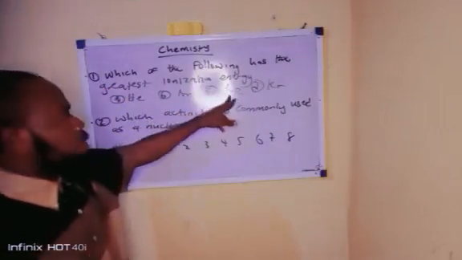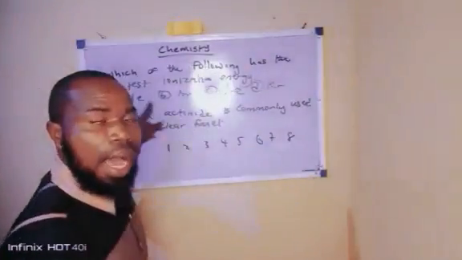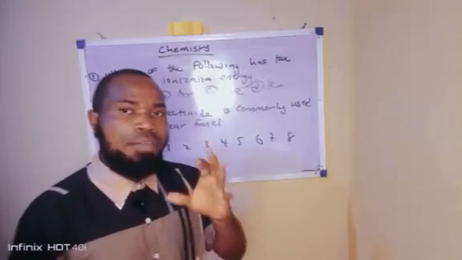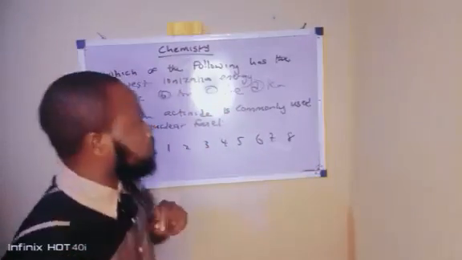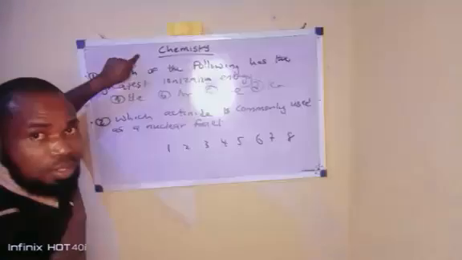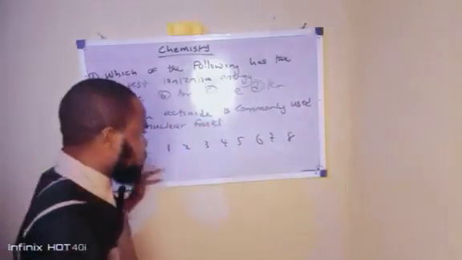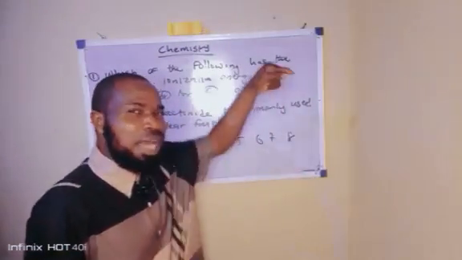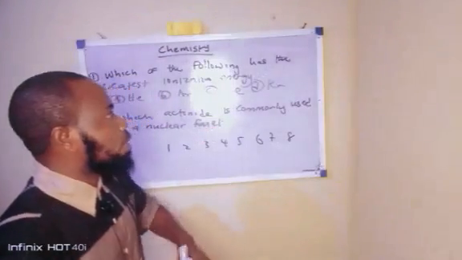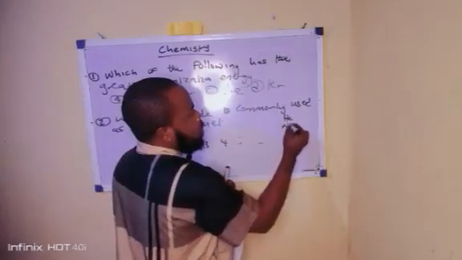Helium, argon, xenon, krypton. If you notice very well, all of these elements here are noble gases, that is to say they are found in group 8, or group 0 if you like, which means they have a complete configuration. Now, helium is first in group 8. If you are moving across the period, ionization energy increases, but if you are moving down the group, ionization energy decreases. Look at the arrangement now: if I'm moving from, for instance, helium, neon, argon,